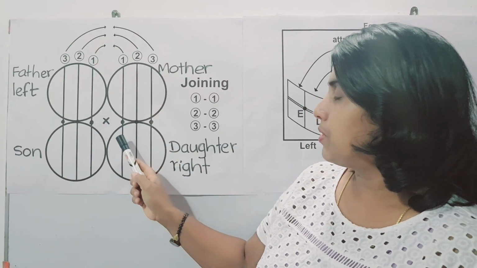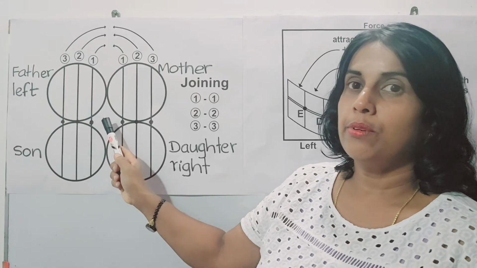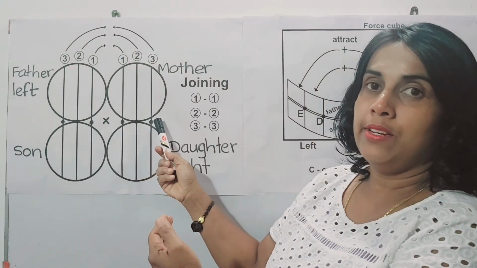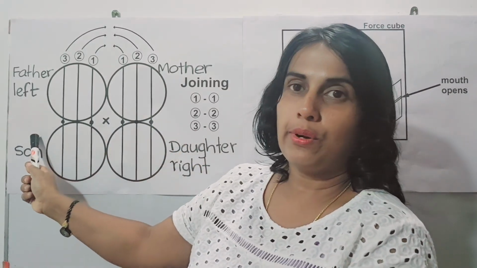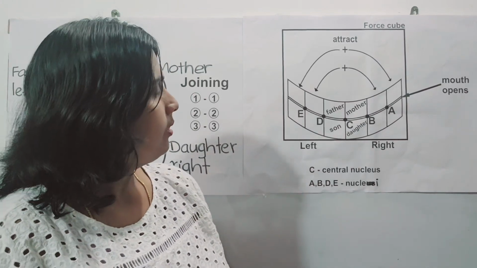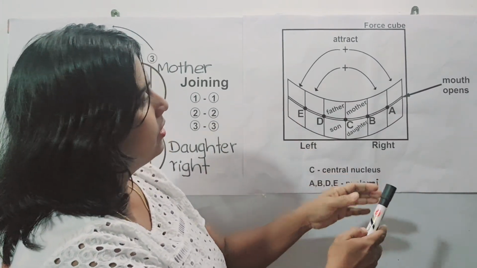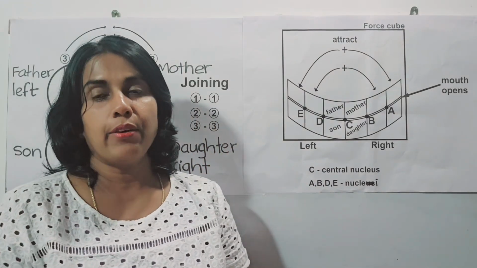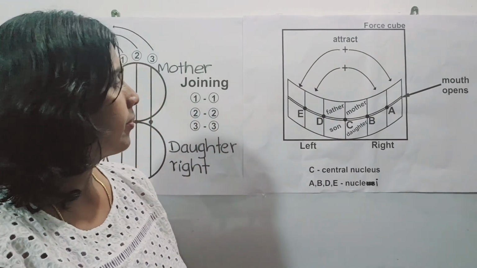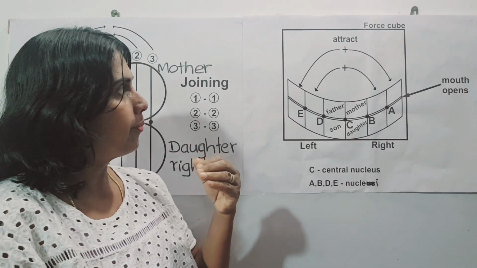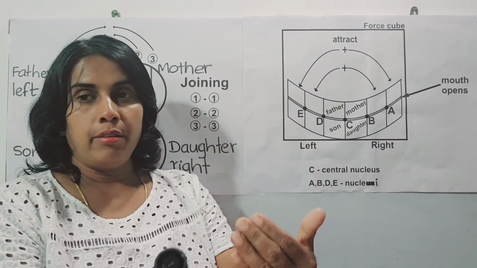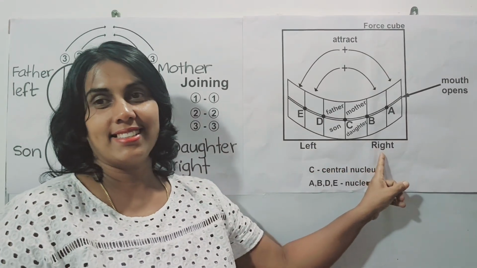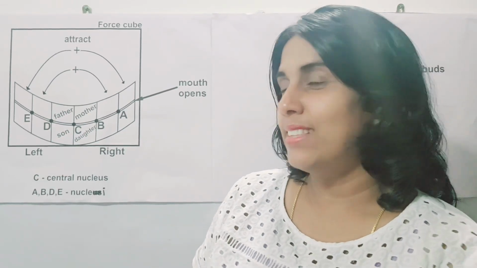From the vertical separations, the nuclear energy of the central nucleus is brought towards this end, to the right and to the left also. This is how they attract. So the vertical lines are attracted, due to the polarity of the force cube. Also always think that, according to your view, this is the left and this is the right. I have to explain this further.